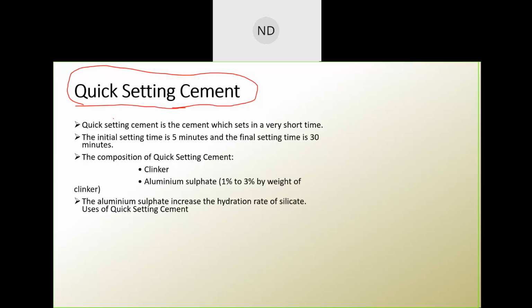So this is the basic difference which you know from the name itself, right? Like quick setting means it will set fast. Suppose you are doing a construction where you want that your cement should set fast. Okay? Set fast, but